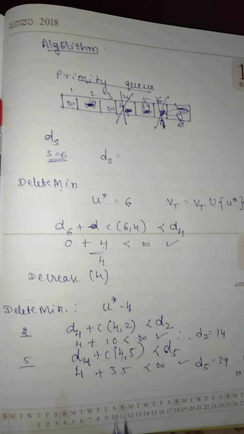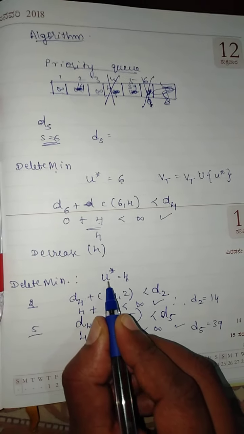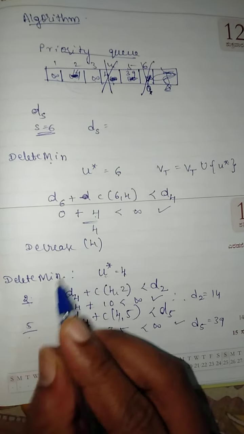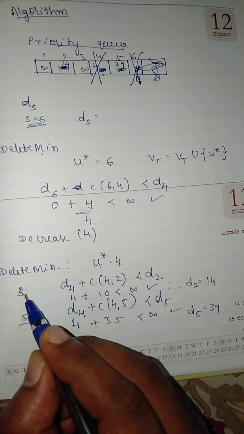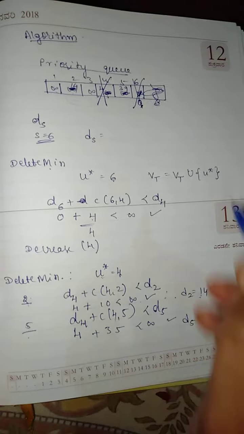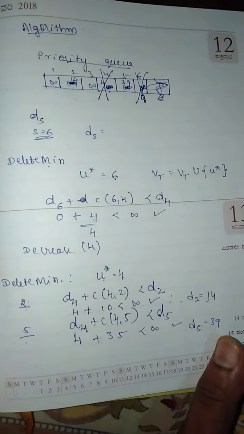Okay, so we consider the node under consideration. We found all the fringe nodes, and for all the fringe nodes, if the new cost is less than the existing cost, we update it, and we have to decrease the priority for that.